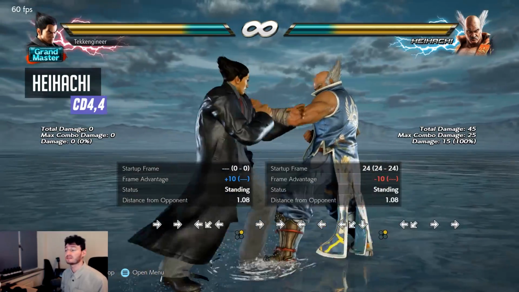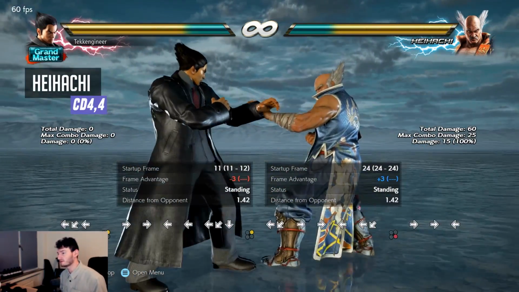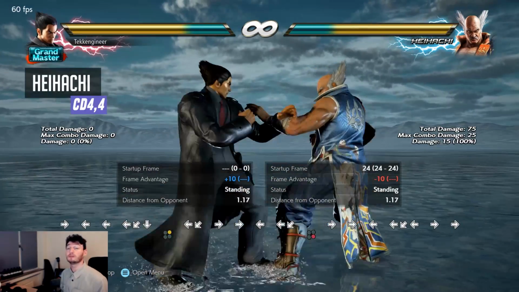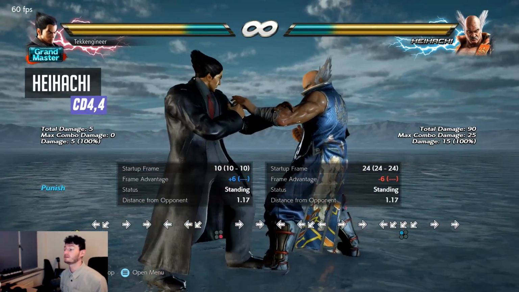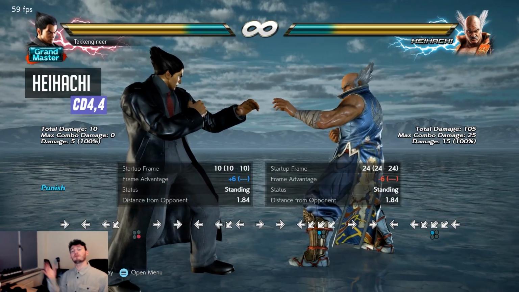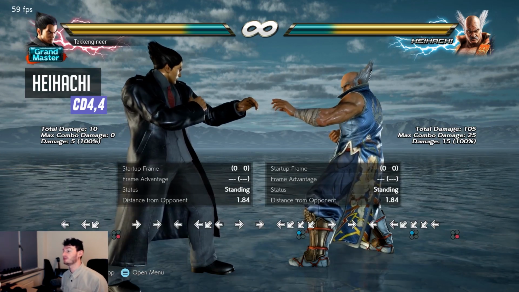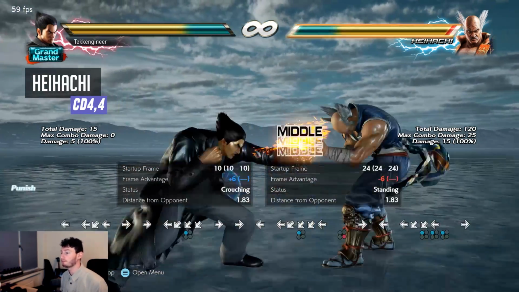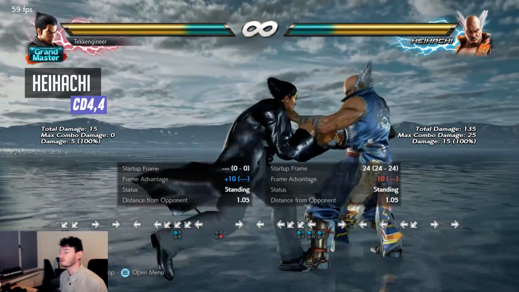Well, it's -10. So -10, you might say, I can't punish with while standing 4 because that won't work. Well, no, but you can punish this, and that is with a down jab. So your down jab is 10 frames fast, so you can punish this. Now what I want to say is that even though you can punish it with a down jab and you get a bit of damage and +6, which is not bad, you can also try to catch Heihachi off guard